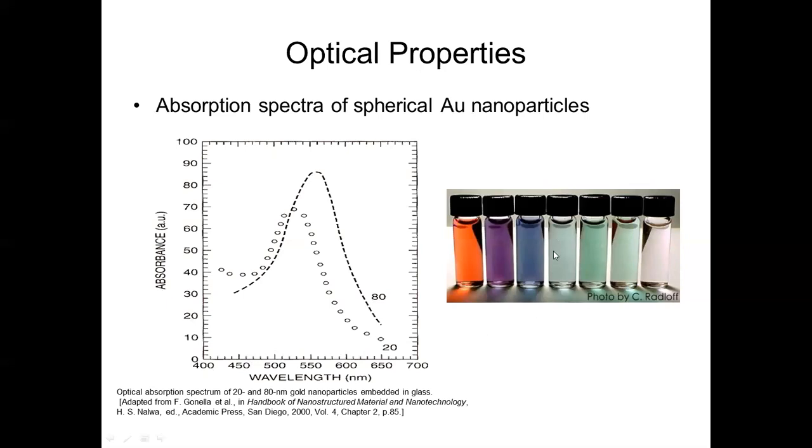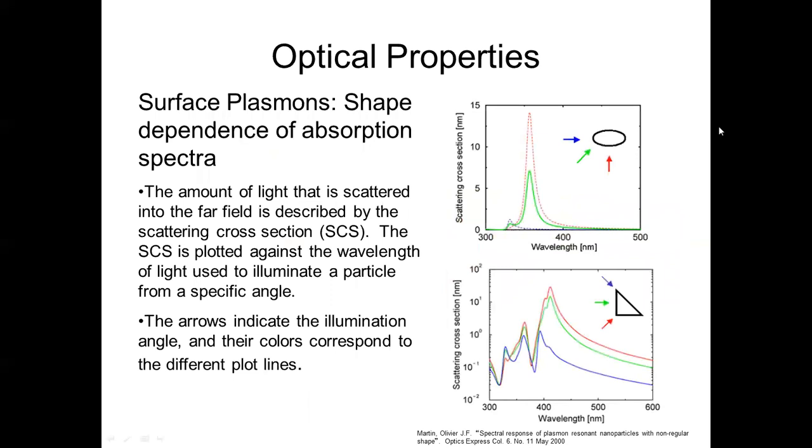And again, I think I recall this photo is not just gold, but it's also silver nanoparticles. So this shows that out of those two metals, we can actually get unique colors by controlling their size, not their shape, which is spherical. So again, the discussion of the shape dependence, if we look at the optical absorption of the spectra, and again,